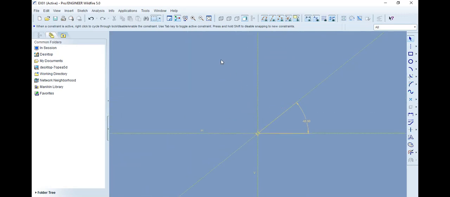Now to zoom in, zoom out, the tools are already available in the menu bar, toolbar, or with the mouse also you can do these functions. So to zoom in, we press the control button, and with the control button, press the middle mouse button, and you can zoom in. To zoom out, move the mouse with the control button pressed, press the middle mouse button, and move the mouse in the other direction.